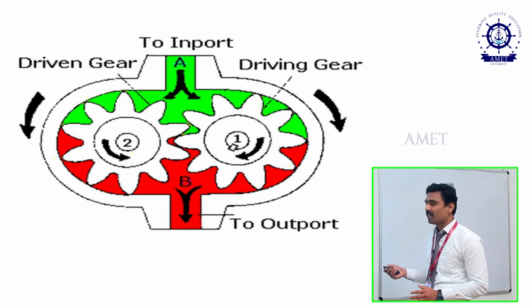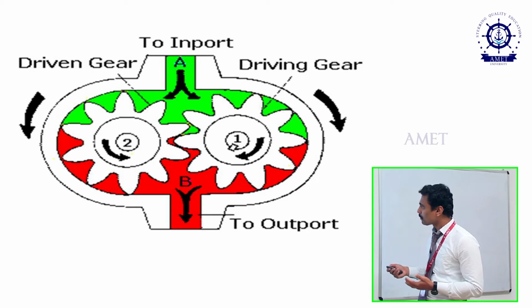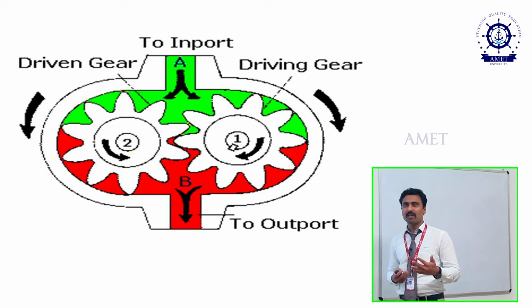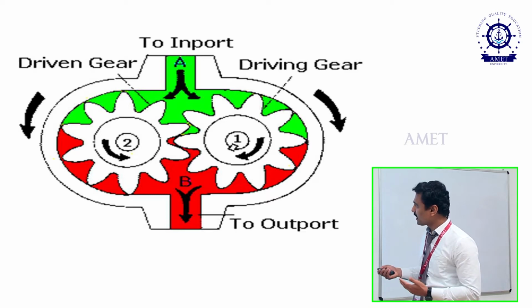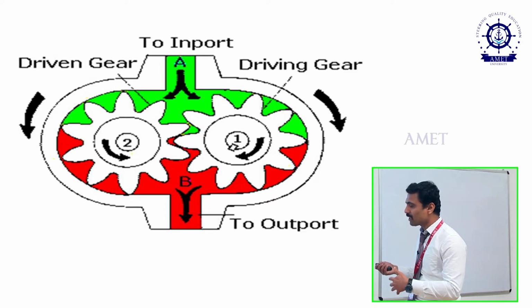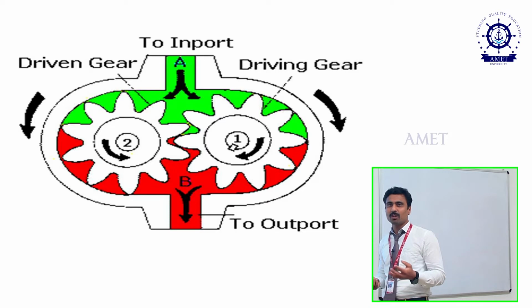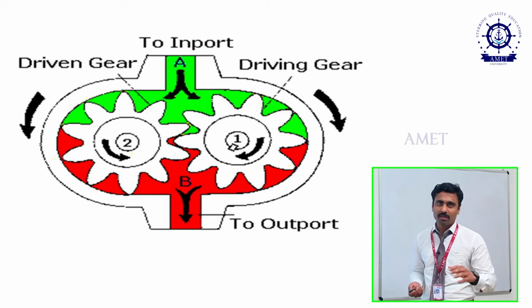First one is suction. How does the suction happen in the gear pump? The motor shaft is connected to the driving shaft. While the motor rotates, automatically the driving gear also rotates, and it makes the driven gear rotate also. So in between these two, the mesh and unmesh of the gears occurs. You know what vacuum is, absence of air. While the gears contact and release, a vacuum is created between these two portions. If the vacuum is created, automatically it will compensate that pressure, so it will suck the